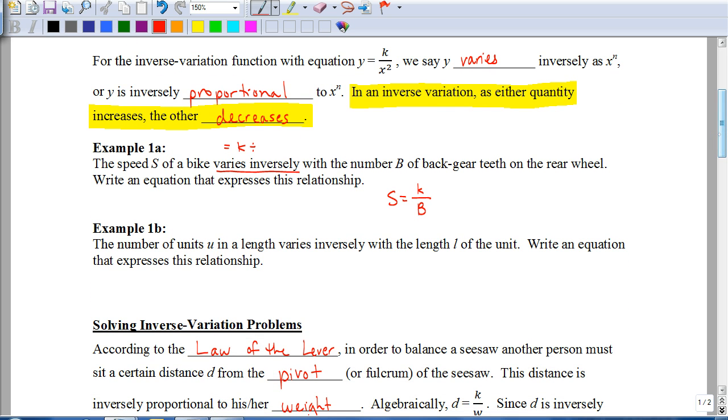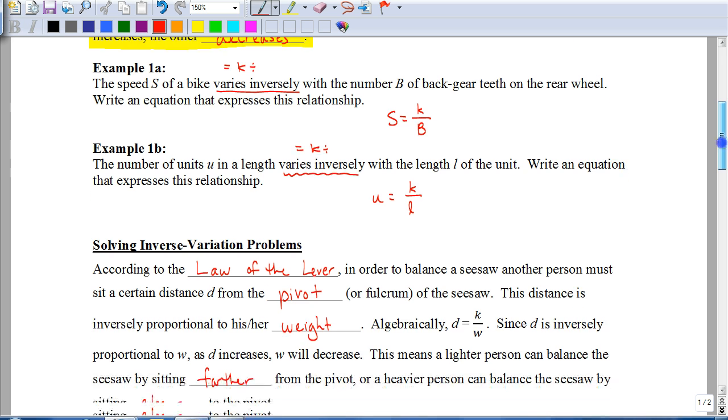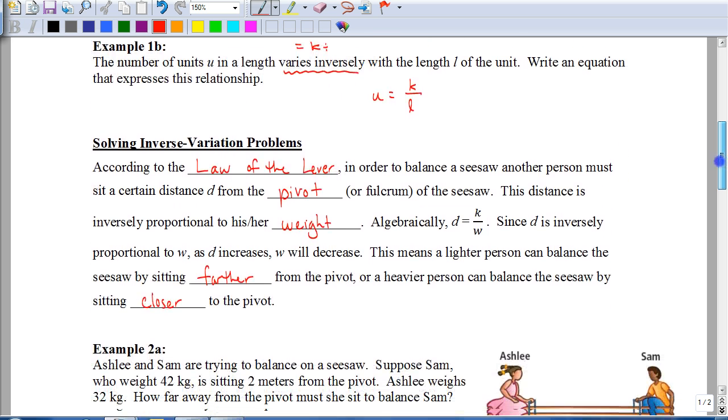So let's look at the next one. It says the number of units u in a length varies inversely with the length L of the unit. Well, again, we see that phrase varies inversely means k divided by something. So it's going to be u equals k divided by L. Pretty basic. Now, in a lot of these problems, we're going to be dealing with this type of story problem,